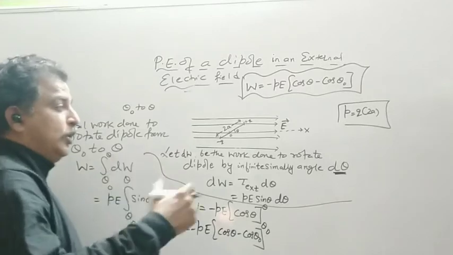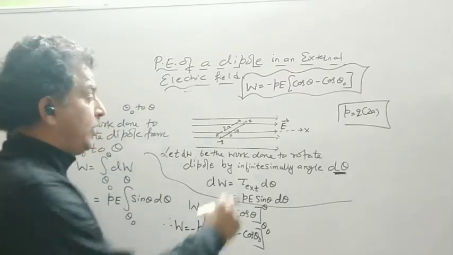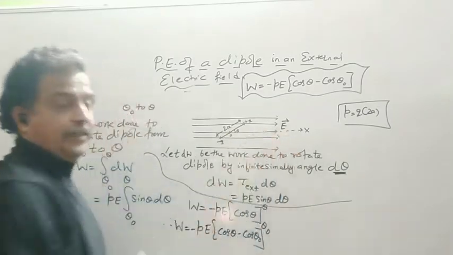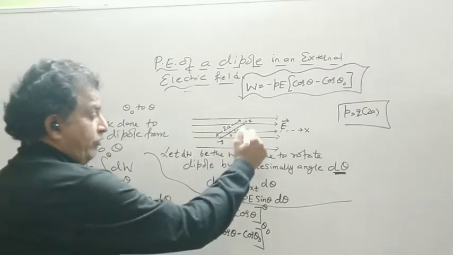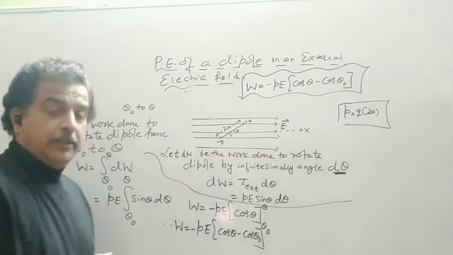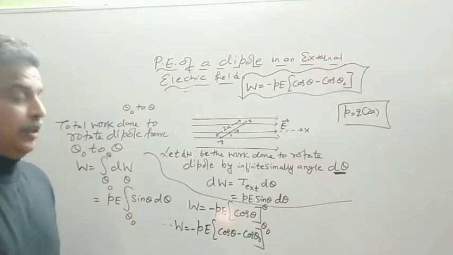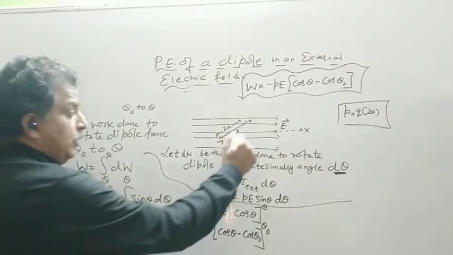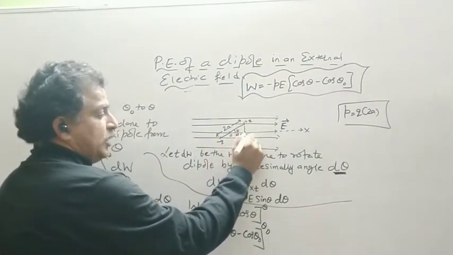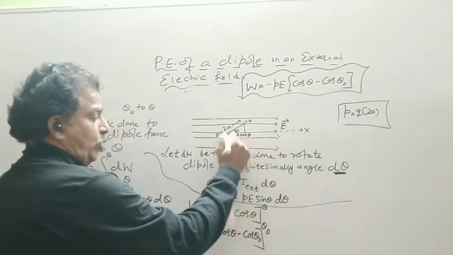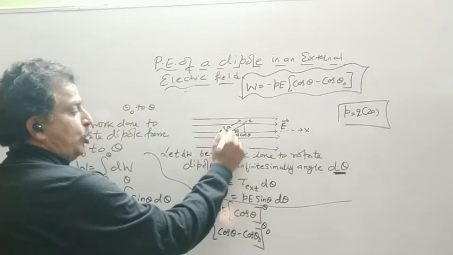And now see the concept of the relation between E and V. Here the electric field is along the x-axis, but the charges are in two dimensions. So if I want to find the distance between the two charges, or the potential difference, I will drop this perpendicular. It will be called A cos theta. This is theta, this will also be theta. I drop this perpendicular, it becomes A cos theta.